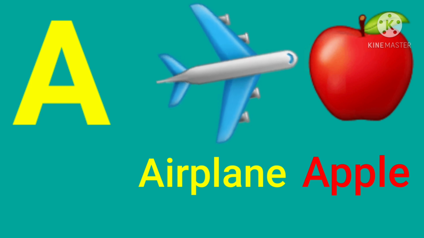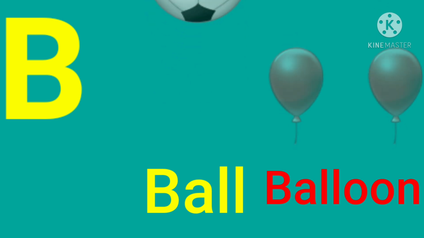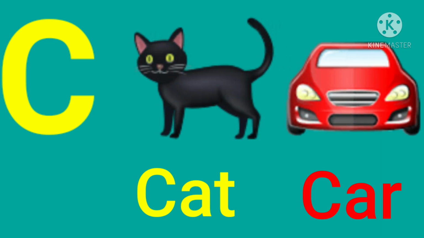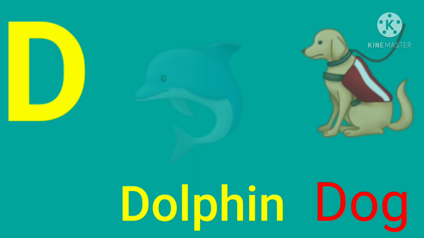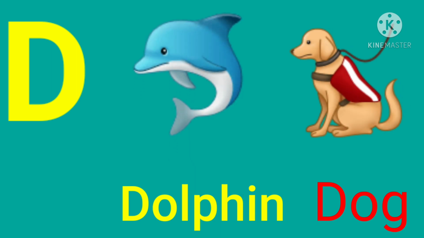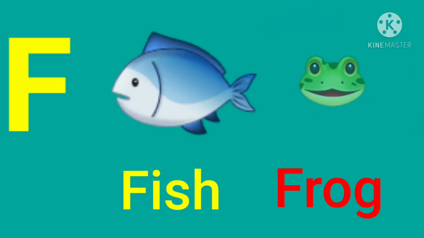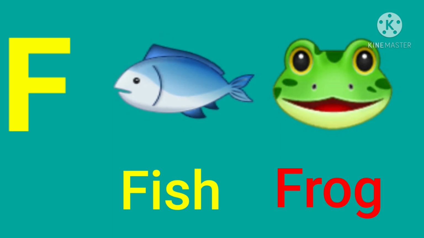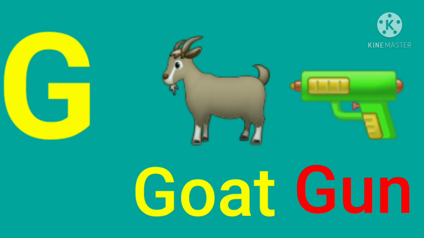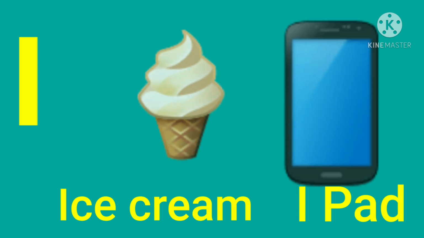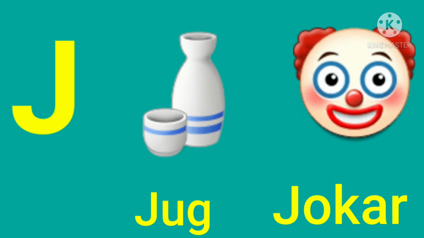A for aeroplane, A for apple, B for ball, B for balloon, C for cat, C for car, D for dolphin, D for dog, E for egg, E for elephant, F for fish, F for frog, G for goat, G for gun, H for hen, H for home, I for ice cream, I for iPad, J for jug, J for